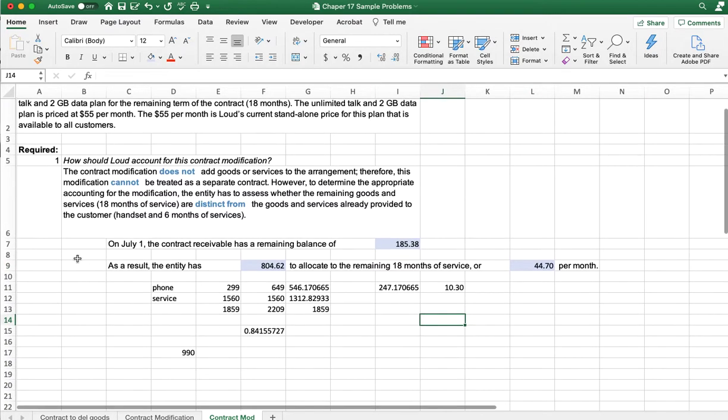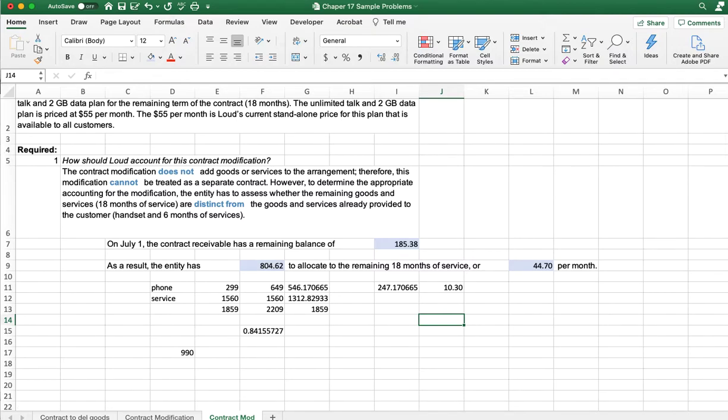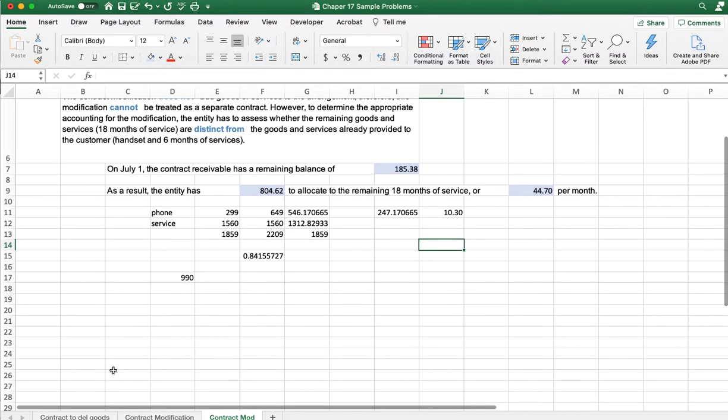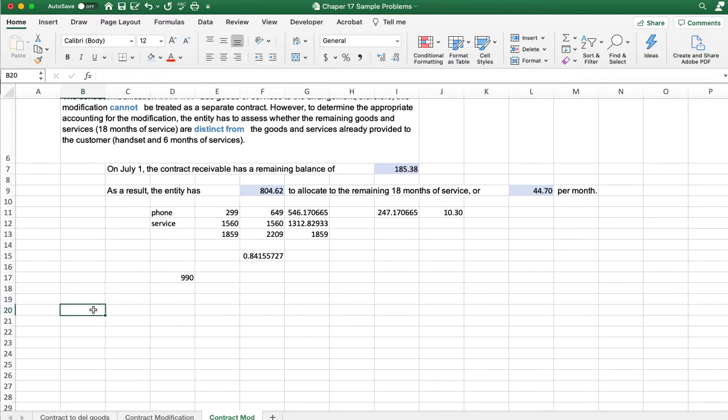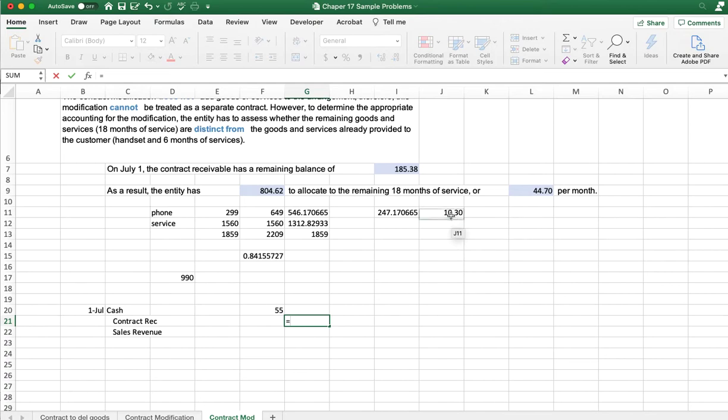All right. And so then the second part of the question is to prepare the journal entry to record the cash received for the monthly service plan on July 1st. And so to do that, we'd be receiving cash, and this would be $55. And then we're going to have a credit to our contract receivable and a credit to our sales revenue. And the contract receivable we previously calculated as $10.30,